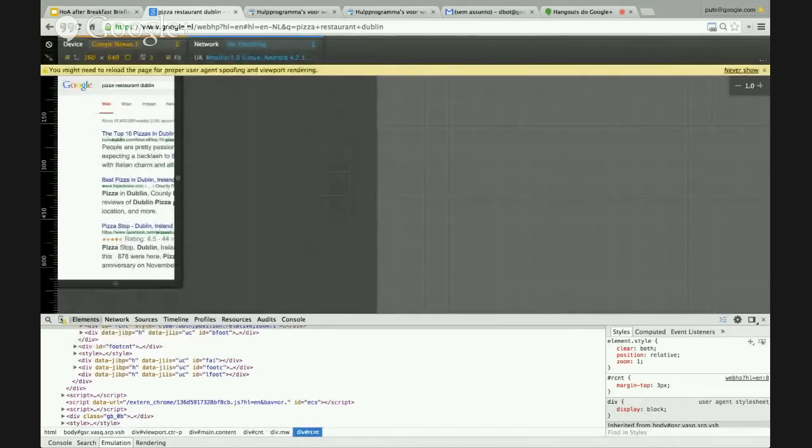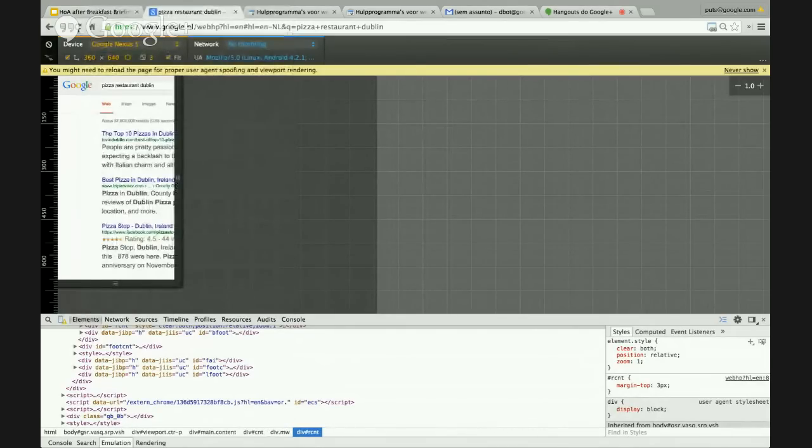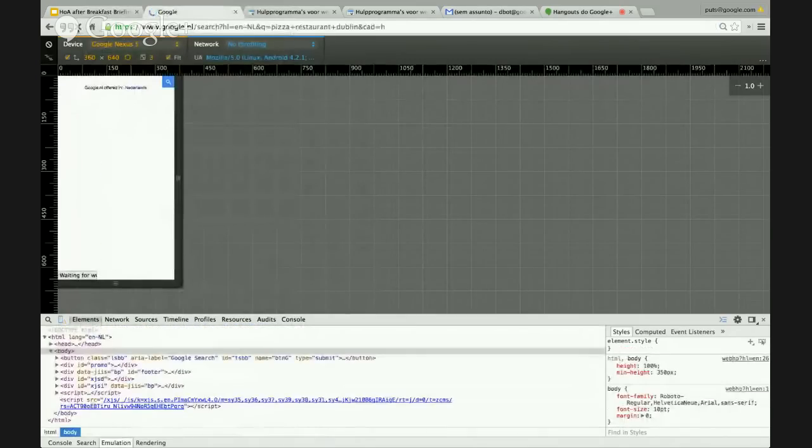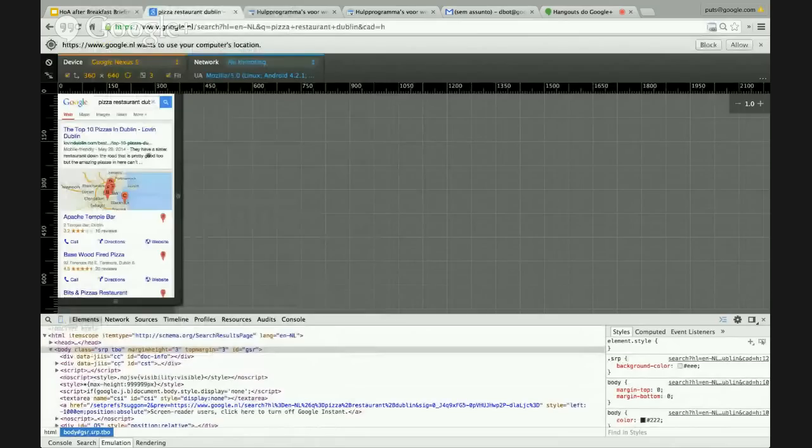So once we click on this little phone, we see that our screen changes to a little mobile screen looking size, and then we have to select the device that we want to emulate. So let's go for the Google Nexus 5, refresh the page, and we see that we are actually showing the mobile results page. And the cool thing to highlight here is that since a couple of months, we have a mobile-friendly label in the search results, which helps users, which helps you all see which of these websites have actually put effort into making it a mobile-friendly user experience.